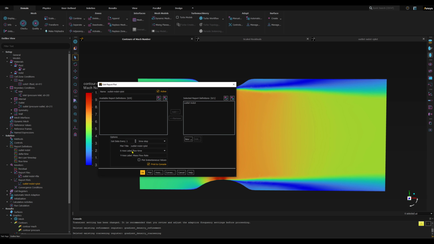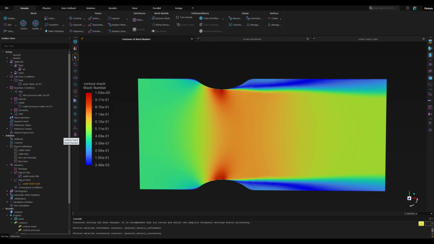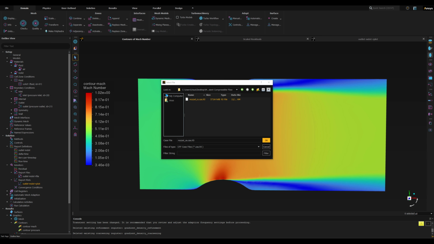Just for this x-axis label, I will change this flow time also to the time step here, and then again press OK to close this edit report file. Now I can go to the file and write the case data for this transient. So I will call this time this file name as a Nozzle unsteady case h file, and then press on